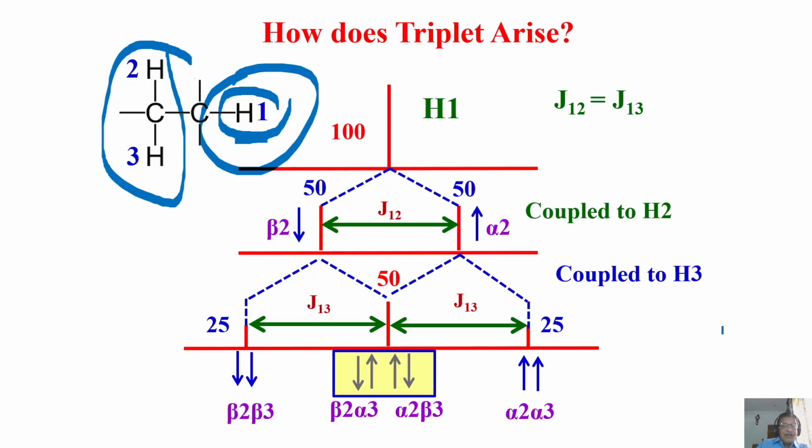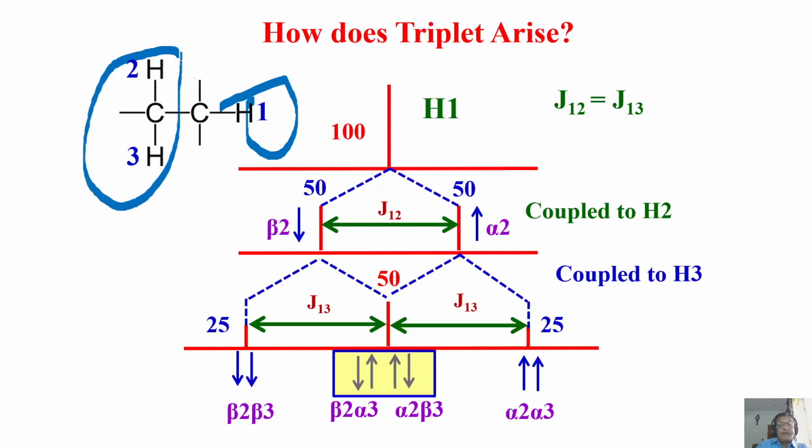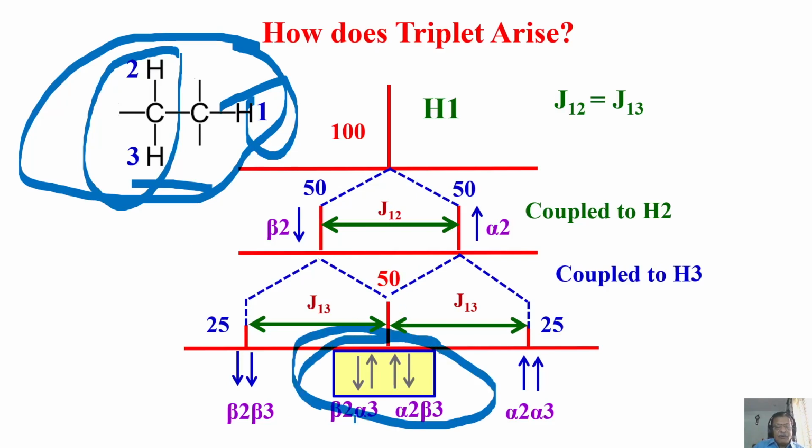So in this case, if I have a situation like this molecule, this will become a triplet and this will become a doublet. So if I take the NMR spectrum of this molecule, I'll get a triplet and I'll get a doublet. That is the total spectrum. All of you, I hope you understood. The triplet comes because of two central peaks overlapping, and that is the possibility of alpha beta and beta alpha having identical energies overlapped, and this is for the alpha alpha orientation, this is the beta beta orientation.